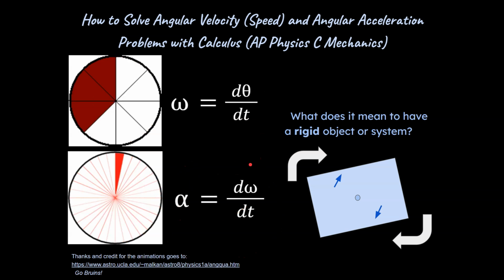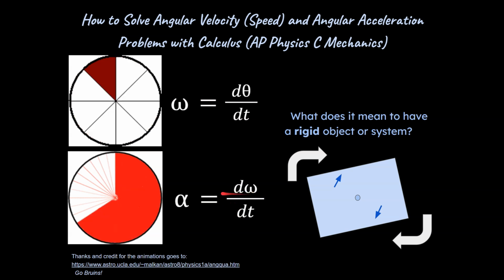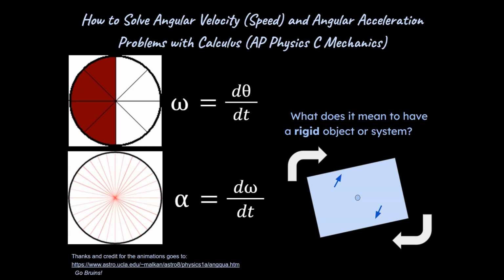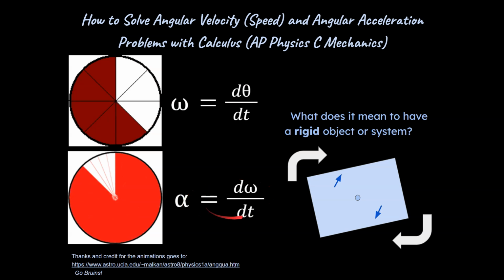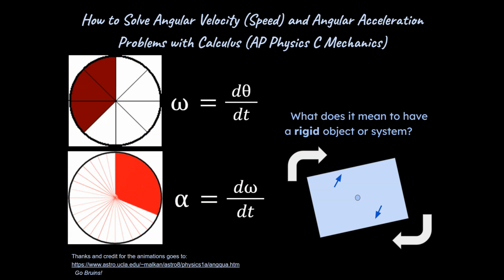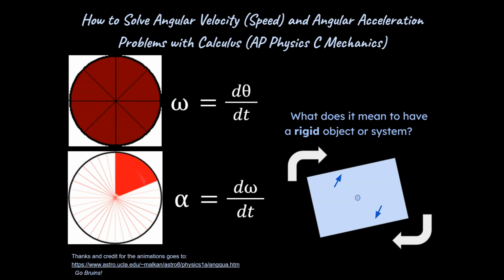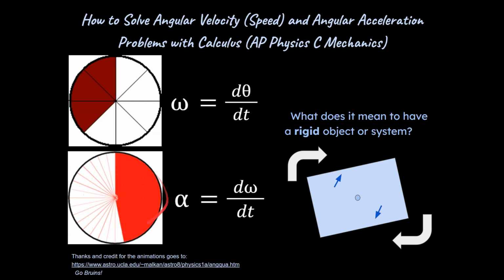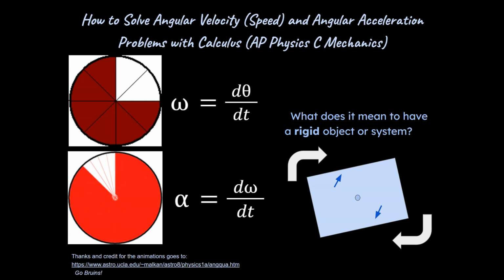And similarly, this is like saying acceleration is dv over dt, where instead of talking about linear or translational units and variables, we're talking about rotational variables here. So that's what we're saying, is that angular acceleration is the derivative of omega with respect to time. So angular speed or angular velocity with respect to time. So in the animations here, you can see a constant angular speed with this first animation. And with the second animation here, you can see an angular acceleration,